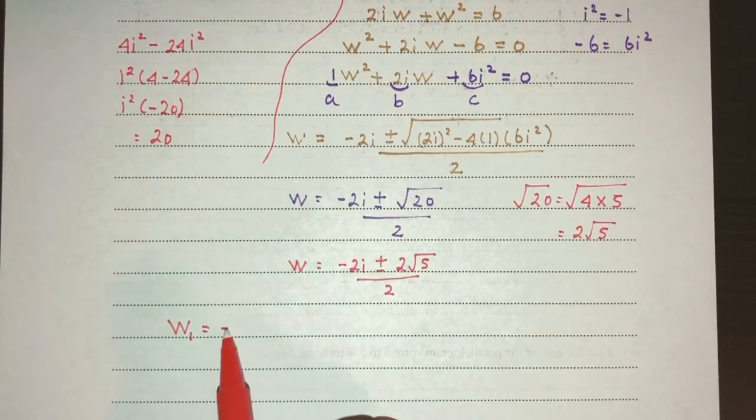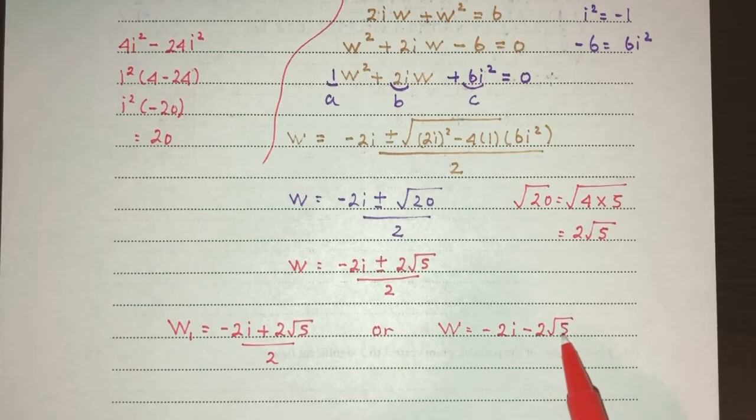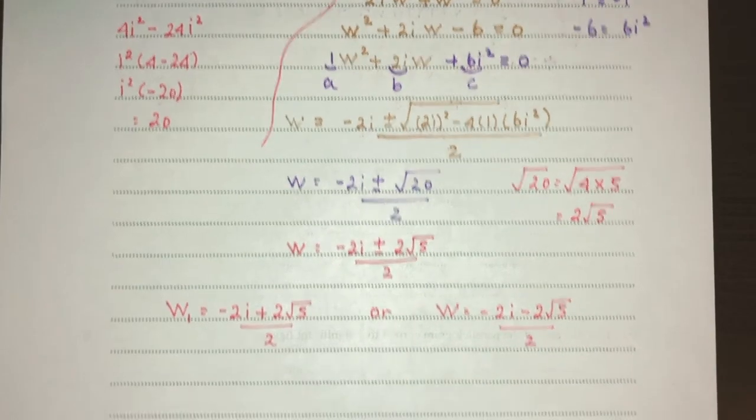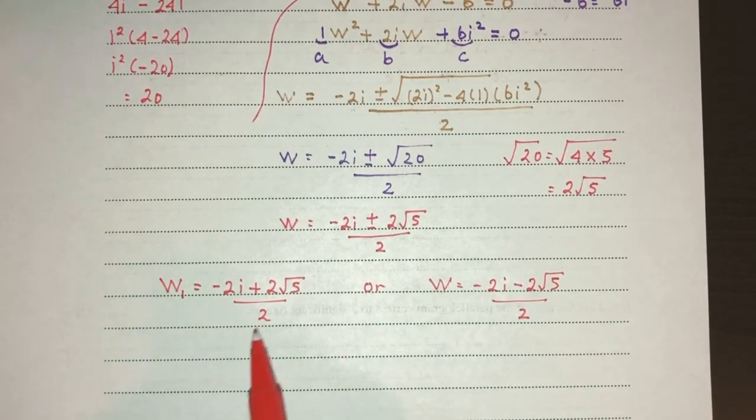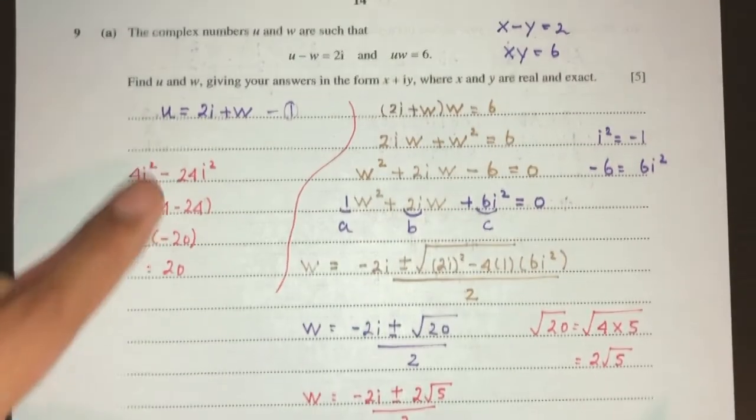It is minus 2i plus 2 root 5 over 2. Or it can be w equal to minus 2i minus 2 root 5 over 2. Now we can simplify. Divide by 2 everywhere, you will have minus i plus root of 5. Or it can be minus i minus root of 5. So this is the two values of w that we obtain, and then we have to find the value of